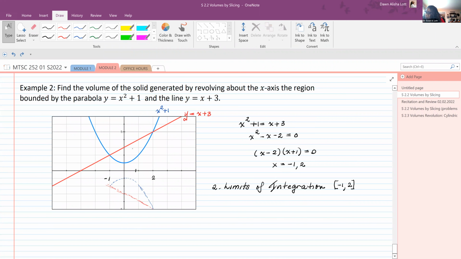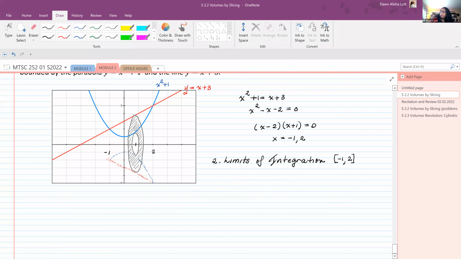So the radius here, and then the radius at that same point there. And there I see my washer. Okay. All right, so therefore the volume,